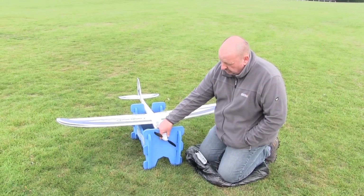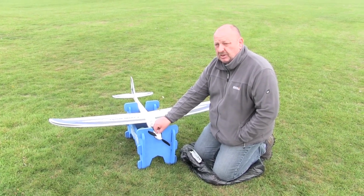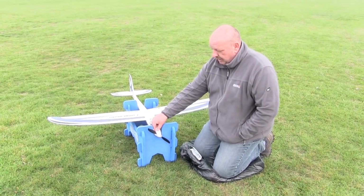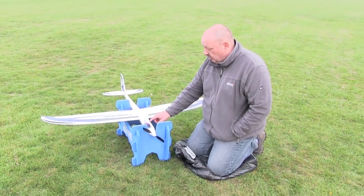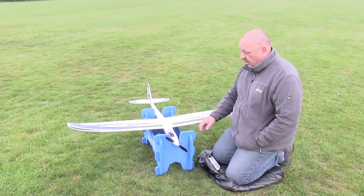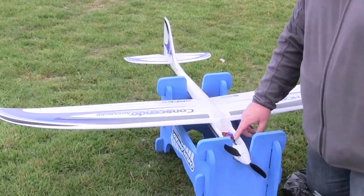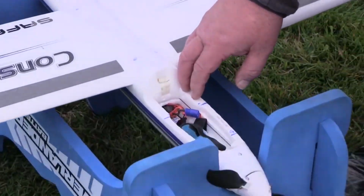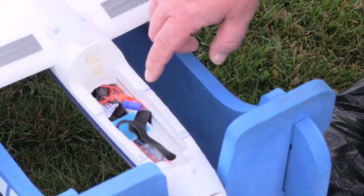They've upgraded the motor now. Well, I think it's the same motor, but they've got a metal motor mount because there were issues with the motor mount melting. So it's a 370 size outrunner motor, 30 amp ESC, which should cope with what batteries you're using. I've gone for a 3S 1300 milliamp hour battery, which is the recommended battery,